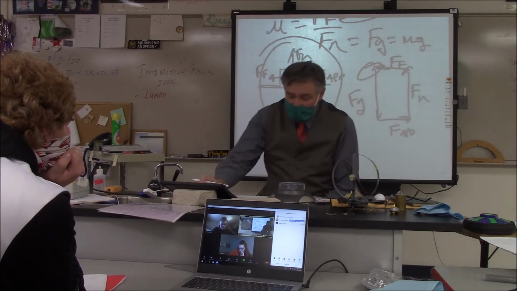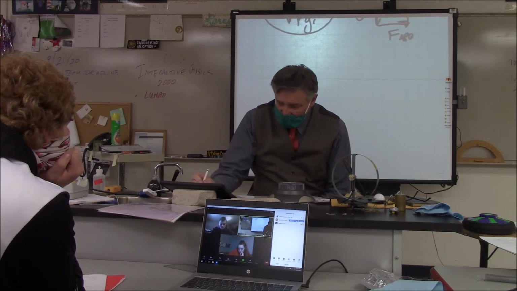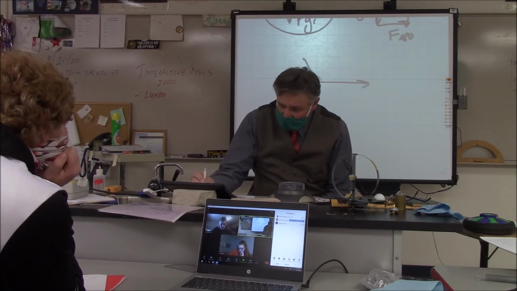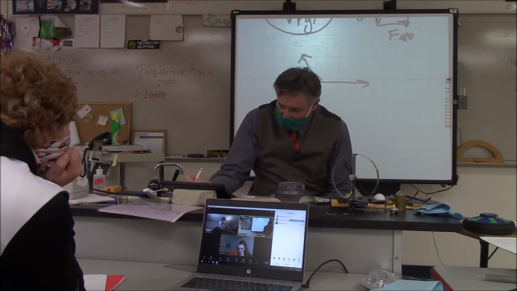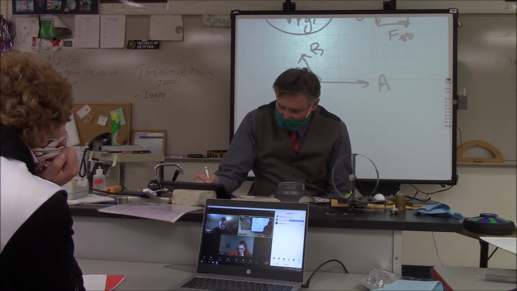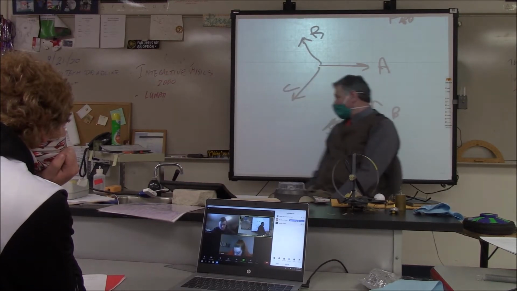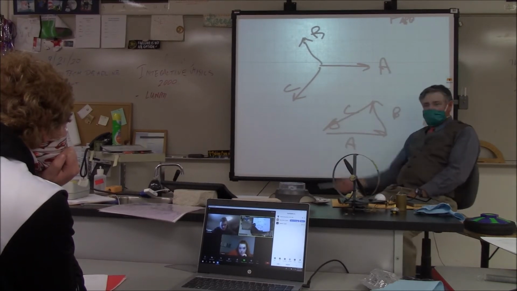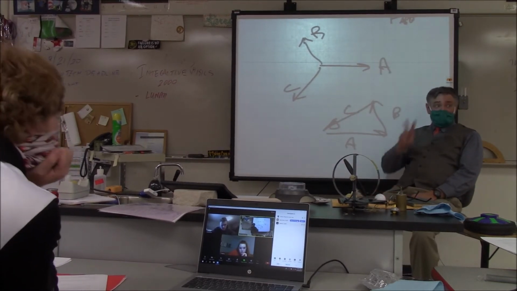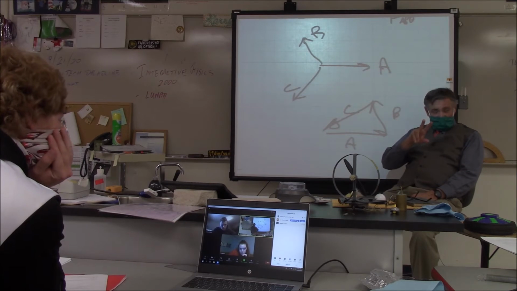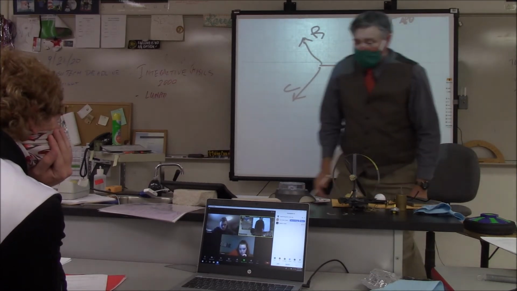Then for the force table, you should have one diagram that looks like this, A, B, C. And then the other one, you're going to draw that A, B, C tip to tail method, and hopefully you end up somewhere close to that origin. So that's what the second set of diagrams is going to look like. And then you're going to have